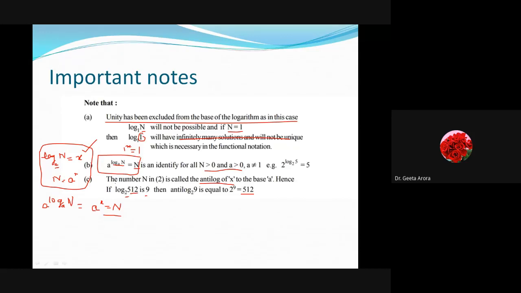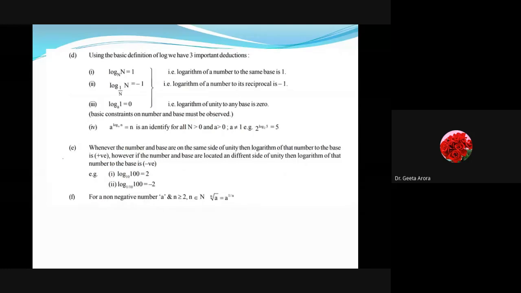It means if I am solving y is equal to something by taking log, and we have calculated log y instead of y, then in order to get back y, we have to take the anti-log. Or simply you can say we call this n the anti-log of x to the base a. A is always the base. If a raised to power x is equal to n, we say log of n with base a is equal to x. Here, n is called the anti-log. Correct? So this is as per the definition. Okay, now from the definition there are 3 important deductions.